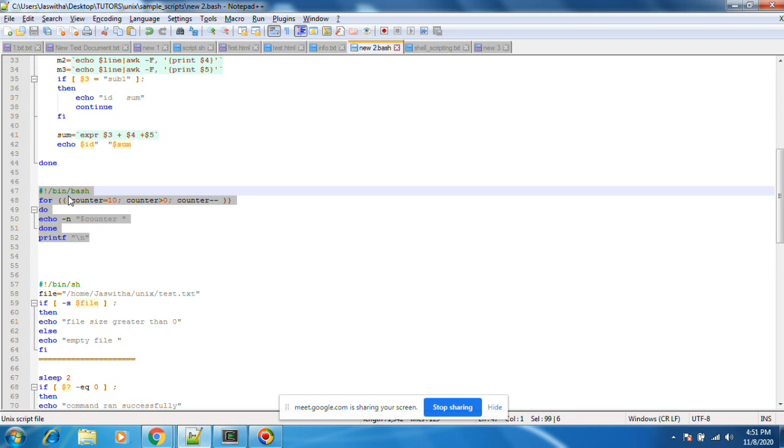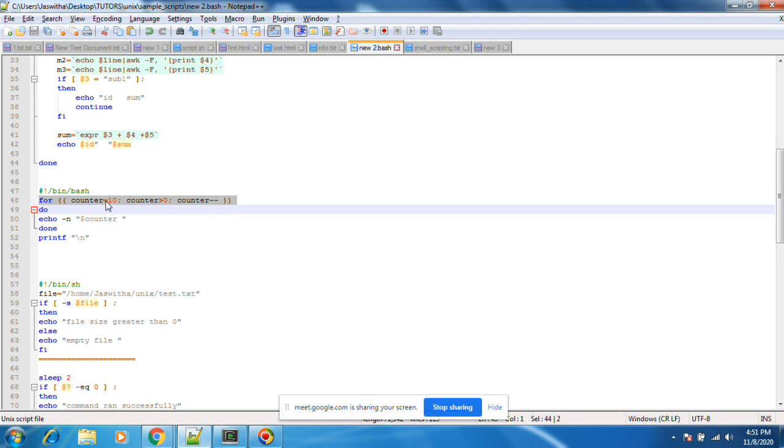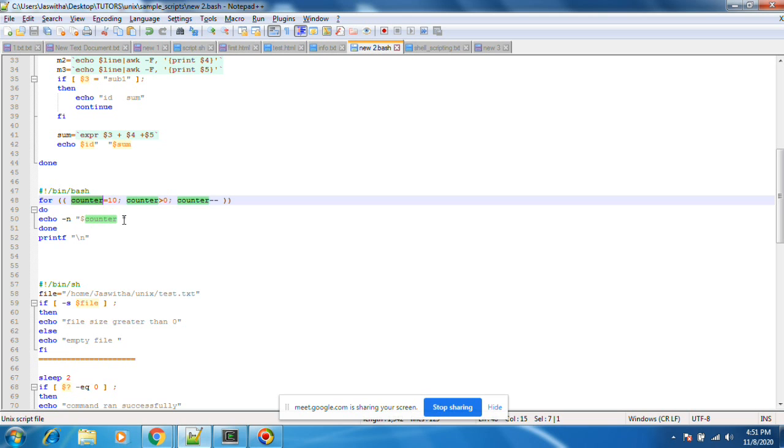We can try for counter equals 10, counter greater than 0, counter minus minus. It means first counter equals 10. Then it loops, and checks counter greater than 0. Yes, counter value is 10, counter greater than 0 is true.